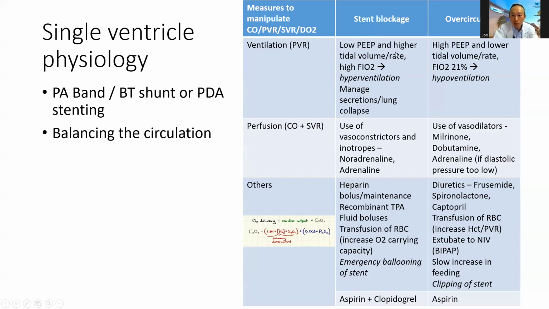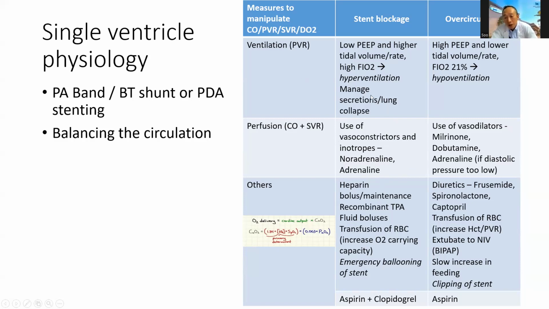You keep a lowish PEEP, and then you improve the tidal volume and the rate, and you can afford to be a bit more generous in your oxygenation to maintain as low as possible lung pressures, your intrathoracic pressures to remain as low as possible. And a few of the things that we do is that we also use a lot of vasoconstrictors like NORAD and